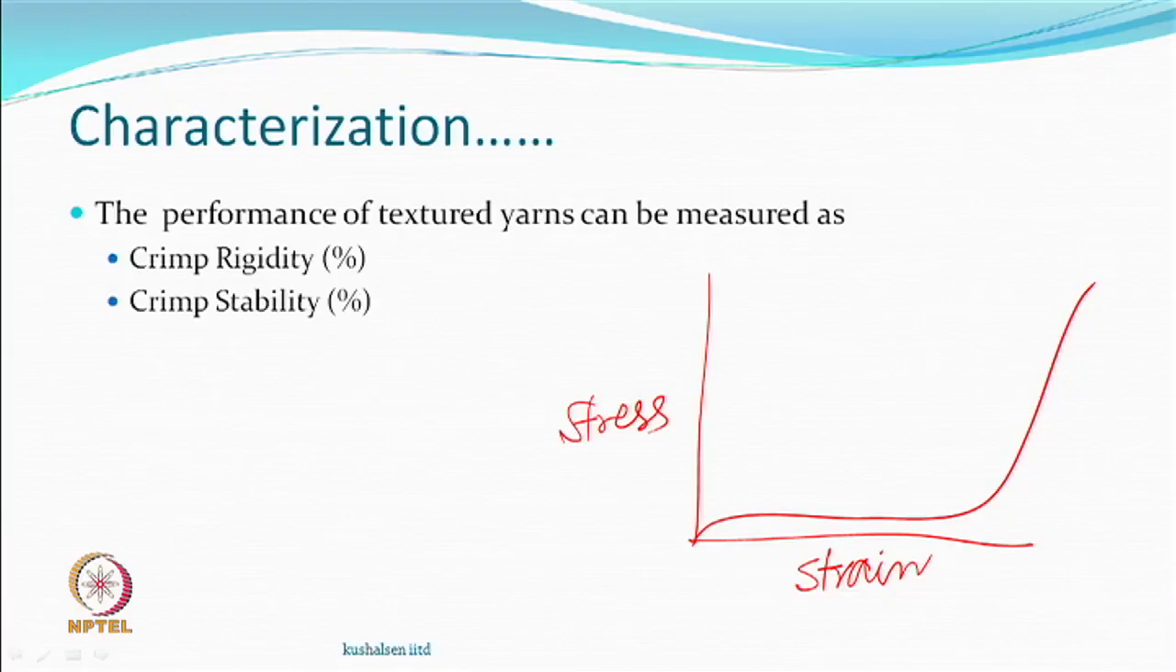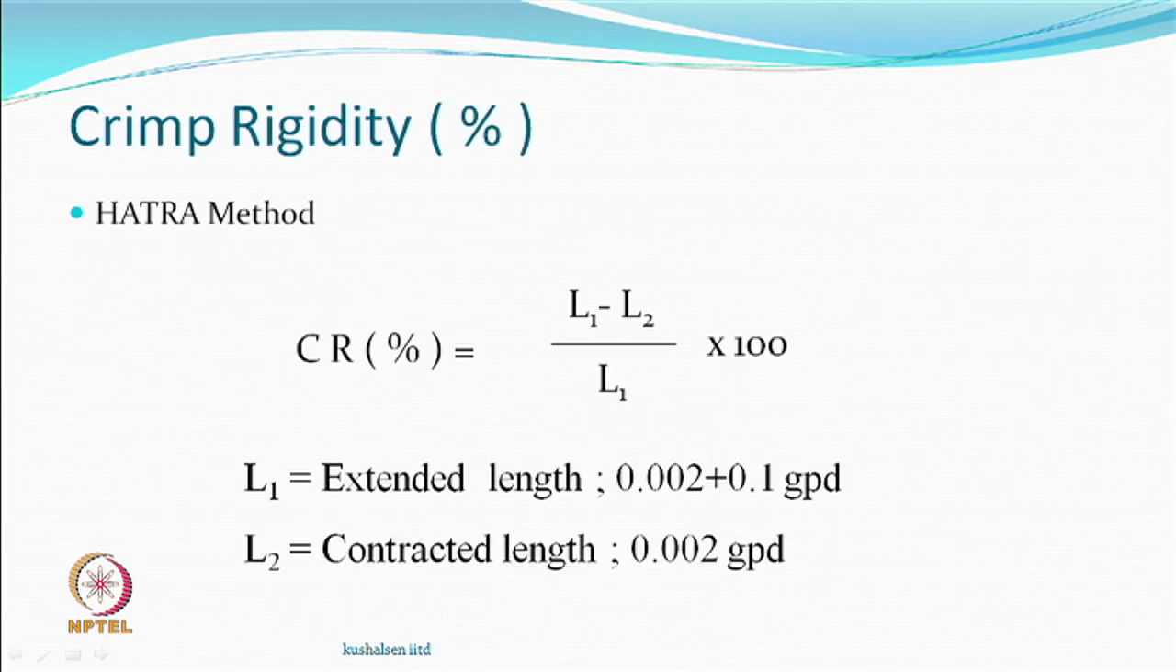And so, you might find that while we may be measuring, and there may be reason why we measure, the properties that you should be concerned about are the properties which define the textured yarn, which is the crimp rigidity and crimp stability. So, let us say if we have time enough to see at least one of them. So, crimp rigidity is defined as